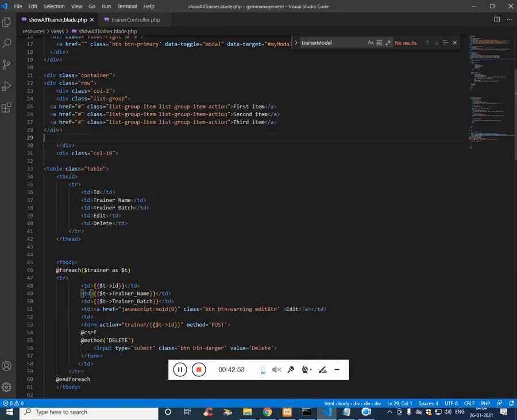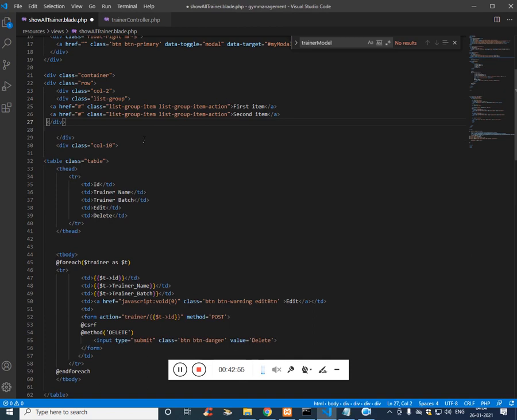Just copy paste it here. The first one is going to be trainer. The second one is going to be member. And we know the trainer URL. Don't forget to add slash.